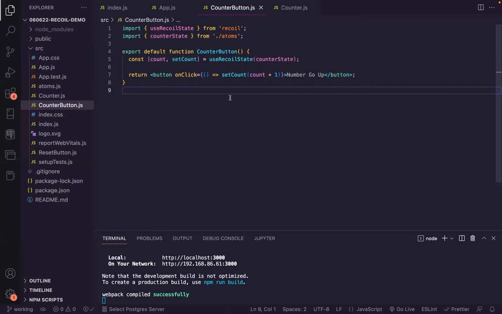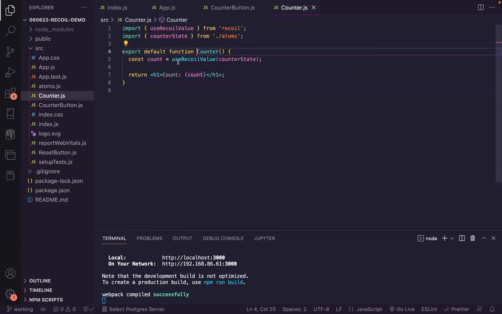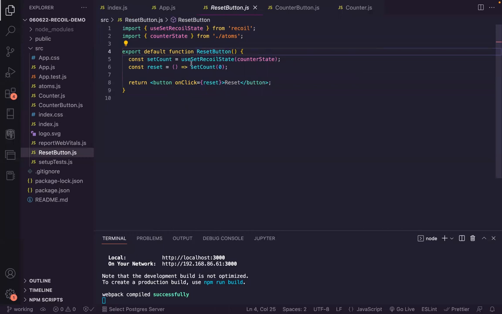Also, you can say, hey, in the store, set that to whatever it is +1. And then when it does it, it's going to re-render this with our current value because we're using that. And as we saw, or let me show you the reset button. This is only getting the setter, I think. Yeah. So again, using the same atom, we're just grabbing the set Recoil state hook,